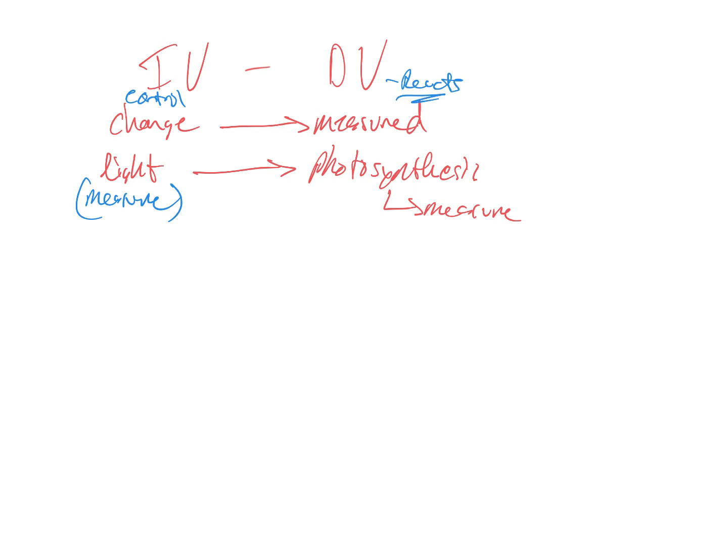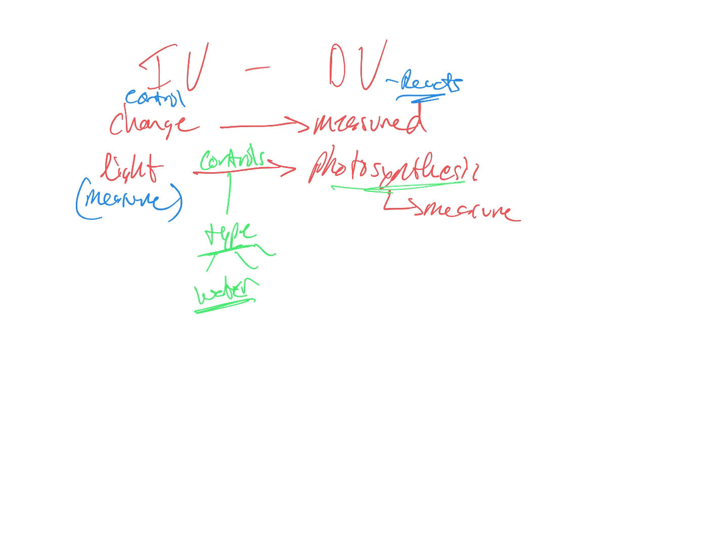And then the last part is a control. So if we're testing the light here, we need to have controls. So controls might be the type of the plant. If you give different plants different amounts of light, different types of plants, then you're changing more than one variable. So you've got to keep the type of plant the same. You've got to give them the same amount of water, and things of that nature to see how well they do photosynthesis. That's not to be confused with a controlled experiment.